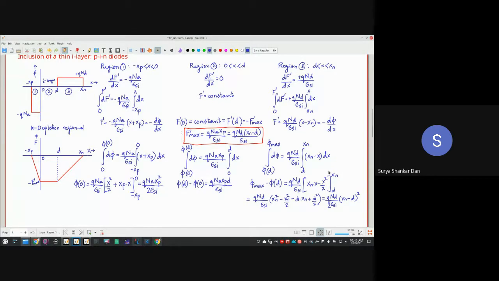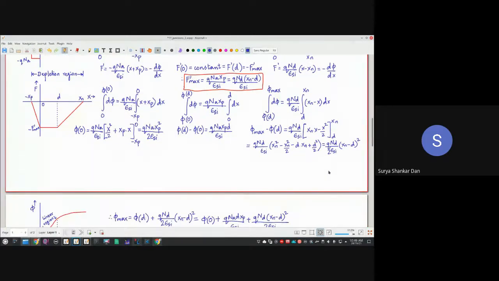Fine, very good. So now what we will do is, once we have got this F dash max, the expression for F dash whatever we had will be equal to minus d phi/dx. Cool, this is the basic fundamental definition of electric field, right? So let me just put it as equivalent, that means equal by definition. From there I will just try to calculate the phi 0, which is the potential at 0, and phi max, and here I'll get simply phi d minus phi 0, which is essentially given by this relation.